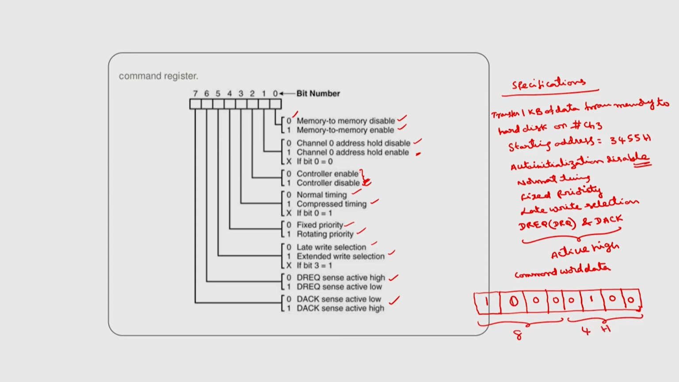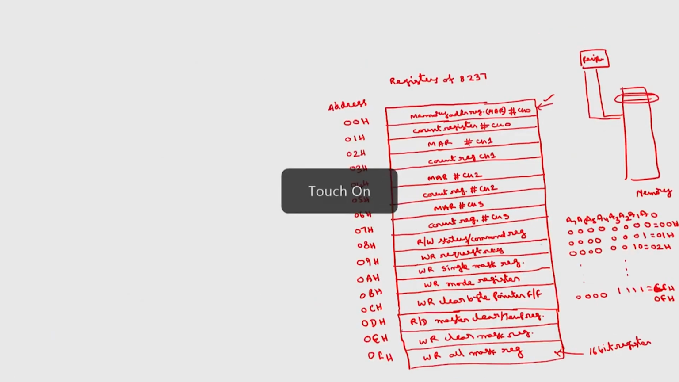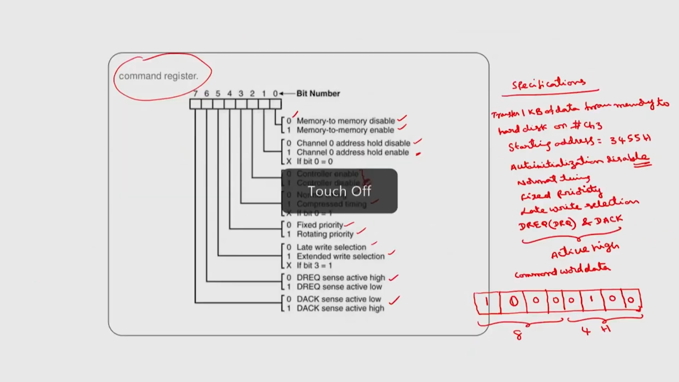So, what is the address of this command register? If I use this circuitry which I have used in the earlier slides, for these connections I will assume these connections. Okay. For these connections, what is the address of the command register? So, in this where is the command register? This is the command register, the corresponding address is 08H. So, what are the instructions? So, the instructions are